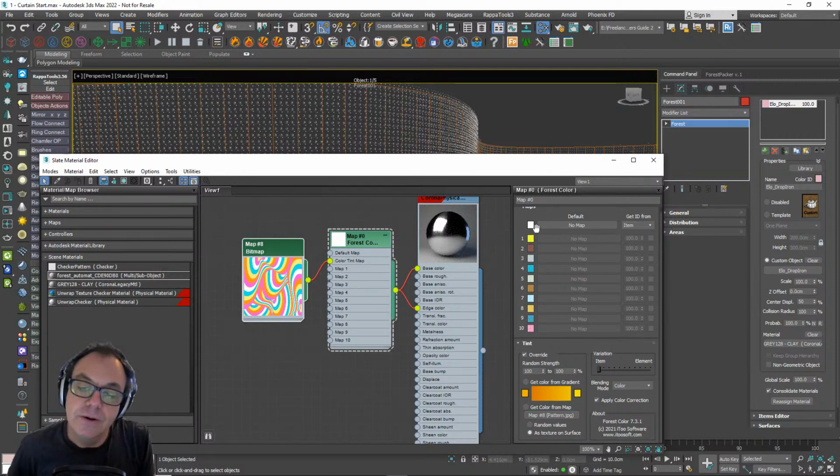So by default it's going to use the color blending mode, okay, and combine it with whatever color I've got in here, which is just white. So basically you won't see anything. What I want to do is just change the blending mode to normal, and then what will happen is that it will just purely use the color that's on the map, and it won't be mixing it with anything else. And that's really all you need to do there.